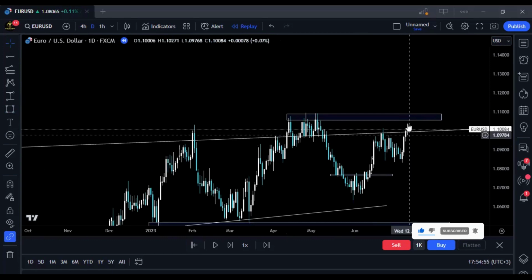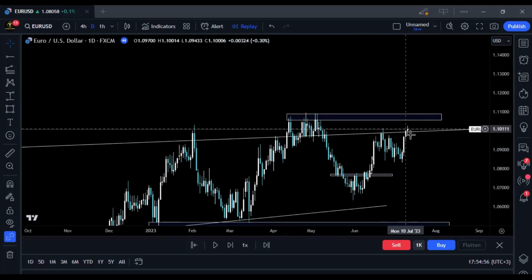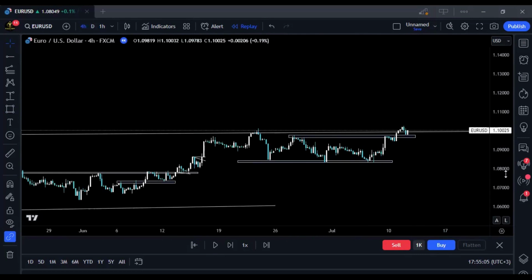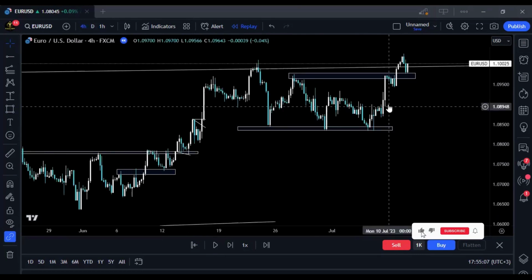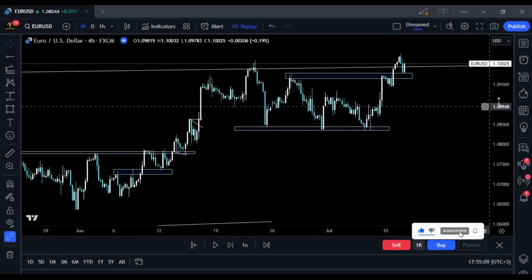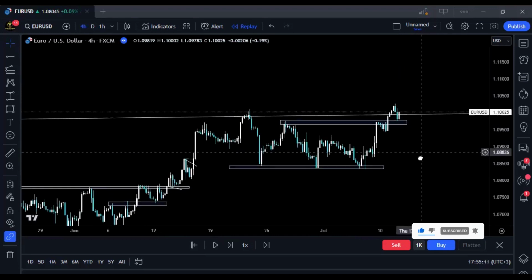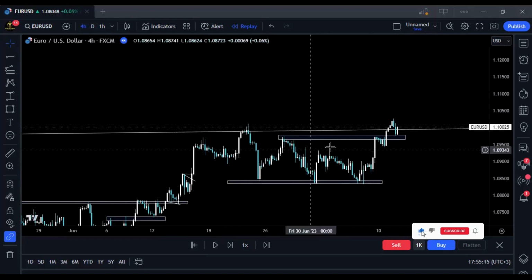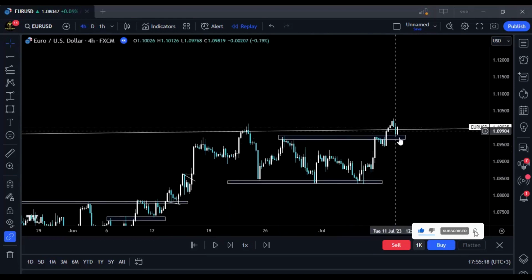So yeah, maybe that's why I didn't take the trade, because the daily was some kind of a doji. But if you look at the structure here, the structure was perfectly clear. Prices were in the range, prices broke above, gave us a retest. So that means